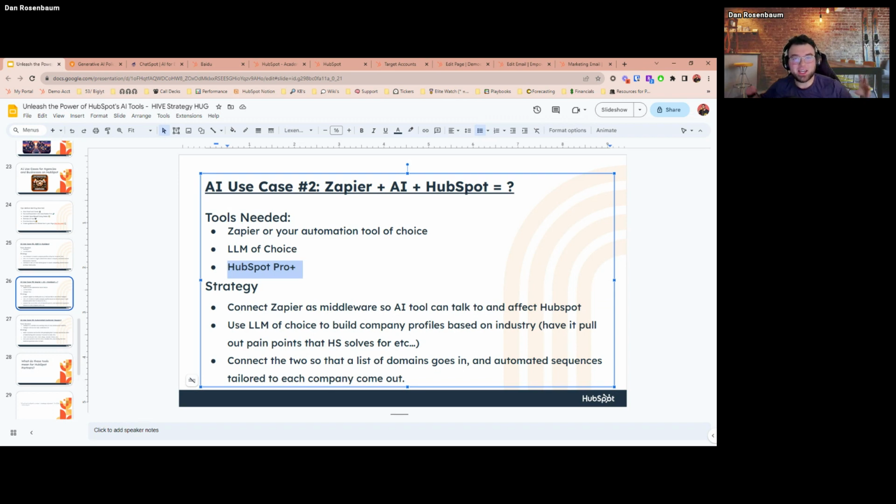But the idea here is that we can input things into ChatGPT or something else, and then have it chew on the information, spit out really great content for us, and get that automatically added to HubSpot, much like the Campaign Assistant does, where it generates something for you, and then a tool like Zapier actually gets that data and stuffs it into your HubSpot.